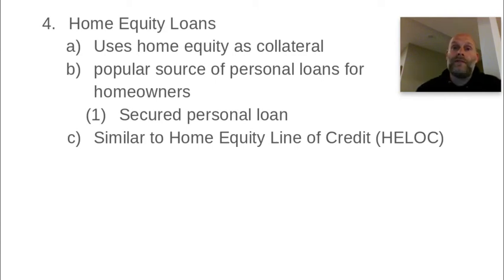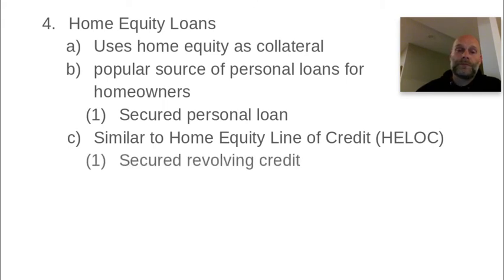So if they're like, oh, well, you have $50,000 in equity, I'm going to extend you $50,000 in credit, and you can borrow whatever you want, buy whatever, pay it back, borrow more, pay it back, buy more. It's basically like revolving credit, but you're using your home equity as your collateral for that loan. So yes, again, you can think of it as secured revolving credit. So a secured credit card.